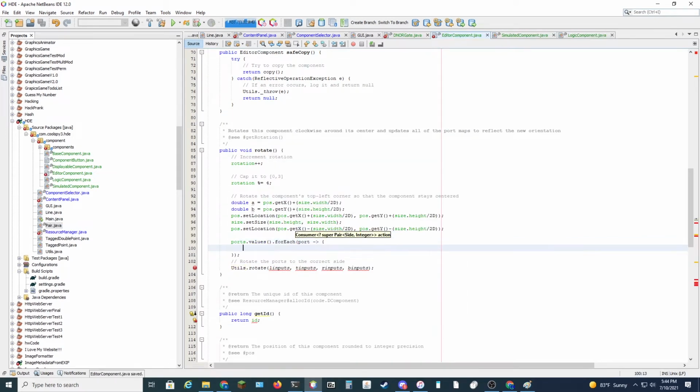We can say side. We can just say switch on port.getT,